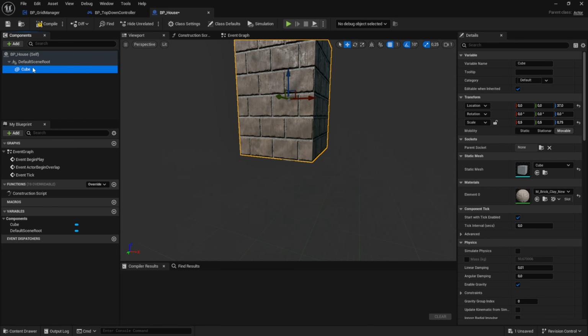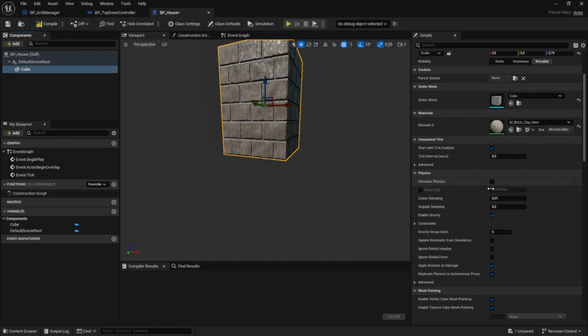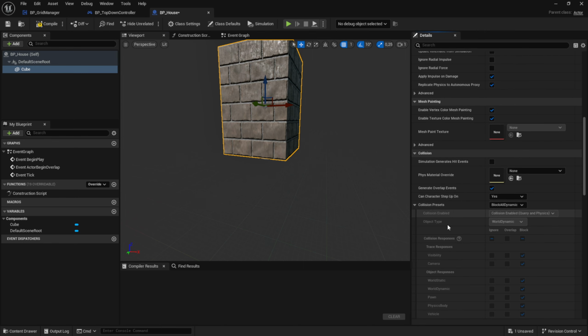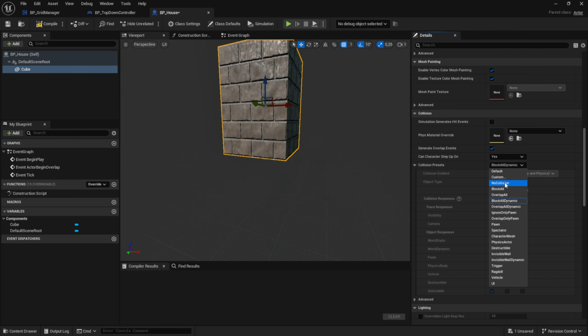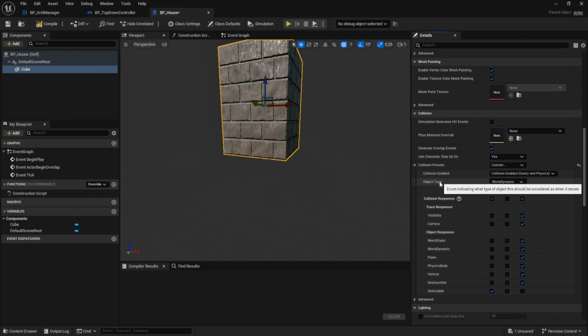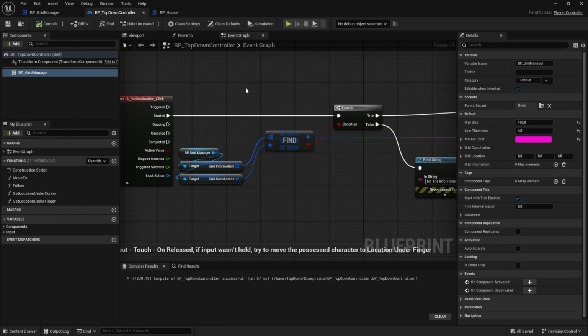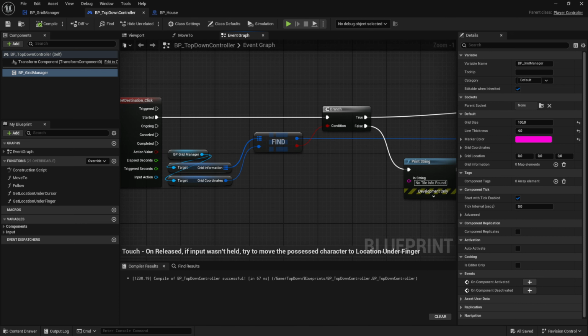And then with the cube selected on the right side, we want to go to the collision settings over here. Instead of block all dynamic, we're going to say custom and then change the object type to our new selectable object type, so we can identify it over here. Compile and save. And then if we go back to our top-down controller,